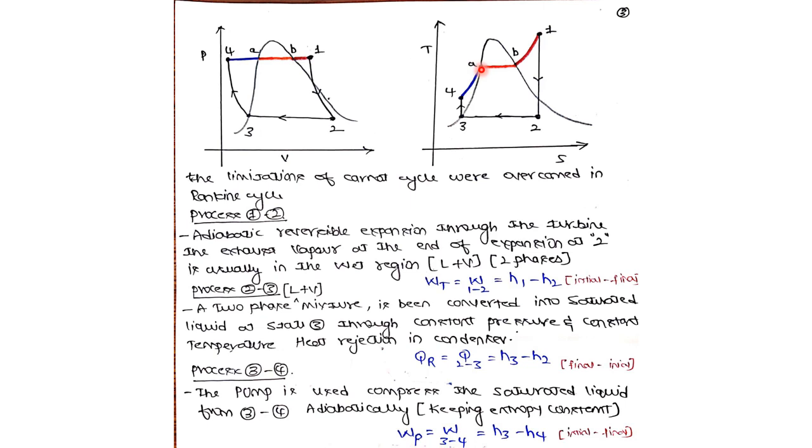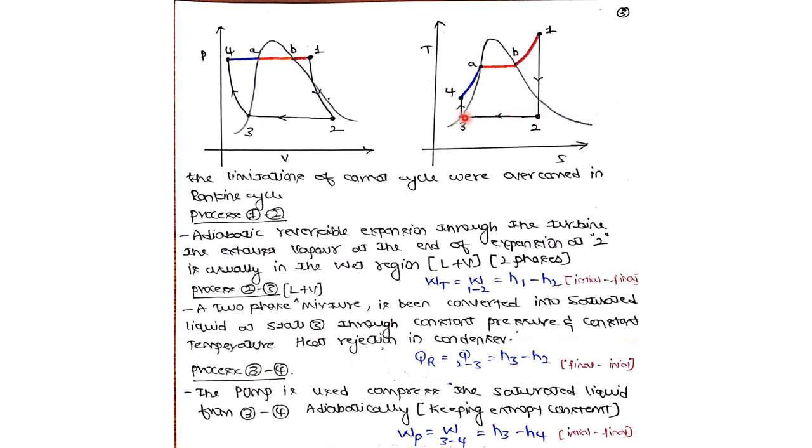And in this particular thing, the work done, the heat rejection and heat addition are always taken as the difference of their enthalpy. Now, work done by the turbine, from 1 to 2: for works it is initial minus final, and for heats it is final minus initial, correct? So for the work it is initial minus final, H1 minus H2. Now, for the process 2 to 3, which is constant pressure heat rejection, heat is always final minus initial. Final state is H3, initial state is H2. So H3 minus H2 would give you the heat rejection from 2 to 3.